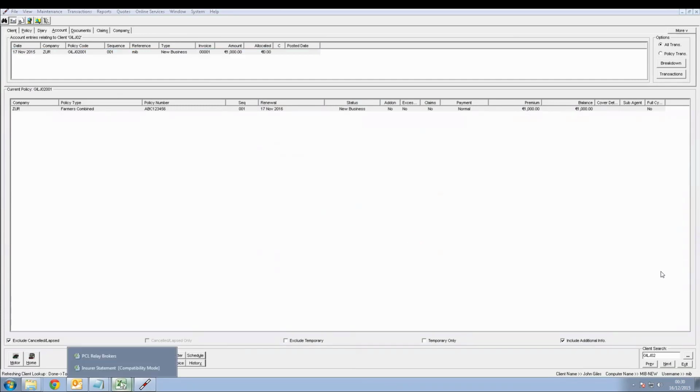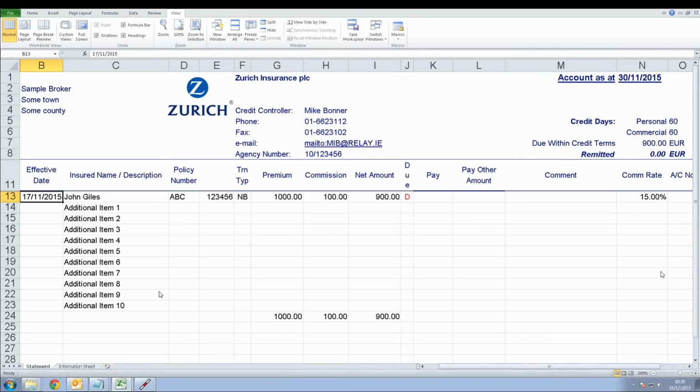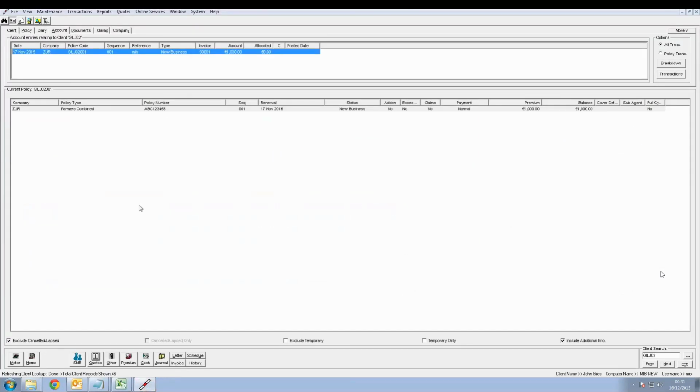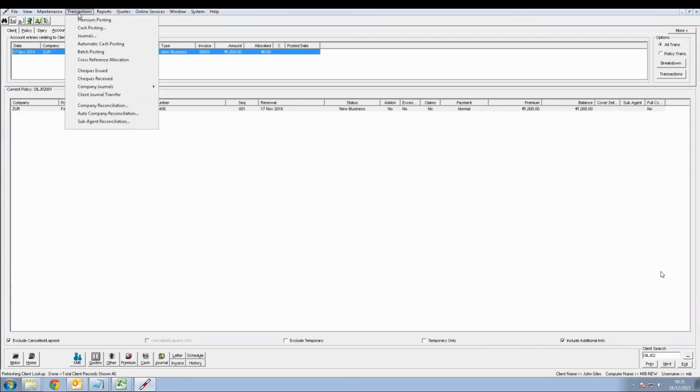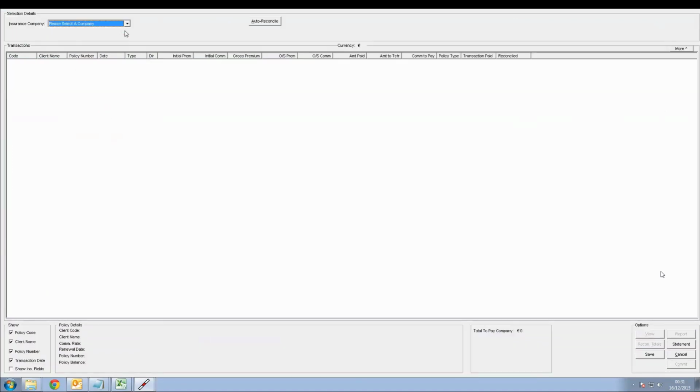So if we go to our statement that we've received from Zurich, you see we've one transaction here for John Giles. There's my policy number, premium of 1,000, commissions 100, and net amount owing is 900. You'd all be familiar with this particular statement. Obviously, we have the AutoRec option available for a number of insurers, but we're going to use Zurich as our example. So into the transactions menu, auto company reconciliation, you pick your insurer,